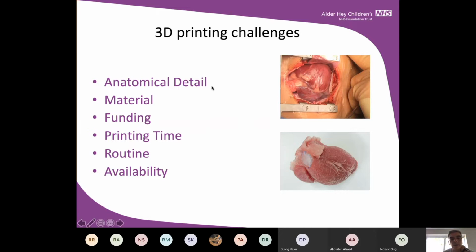The material is different because some materials are very hard. Silicone is soft, but it's ultra expensive, and I don't think it's affordable to do on a regular basis. Funding is another problem because there is no funding for this. And I was always fighting, in the same way that you have,